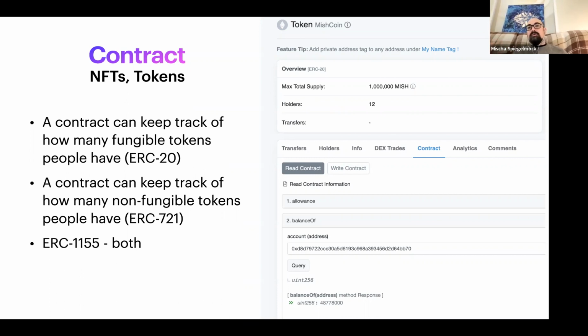But these can be used for anything. They can be shares of a company. They can be tokens for governance, for maybe buying more votes, or anything that you can possibly imagine you can represent this way digitally. So this contract has a set of functions and some public global variables, let's say, and you can interact with a contract. Once you deploy the contract to the blockchain, people can call these functions like balance of or transfer, and that's how the tokens move around.